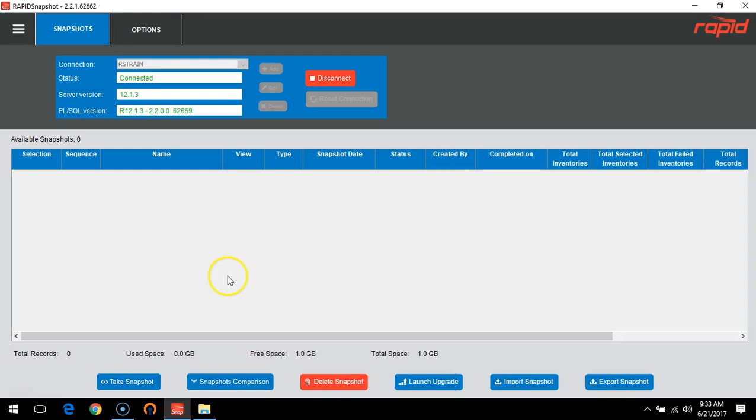This screen allows us to connect to our target database, which we just did. It also allows us to disconnect from our target database. We can also view prior snapshots done on this target database using this particular schema. And in here, we can also initiate snapshots. We can initiate snapshot comparison. We can delete any snapshot that has been created. And we can also perform other configurations